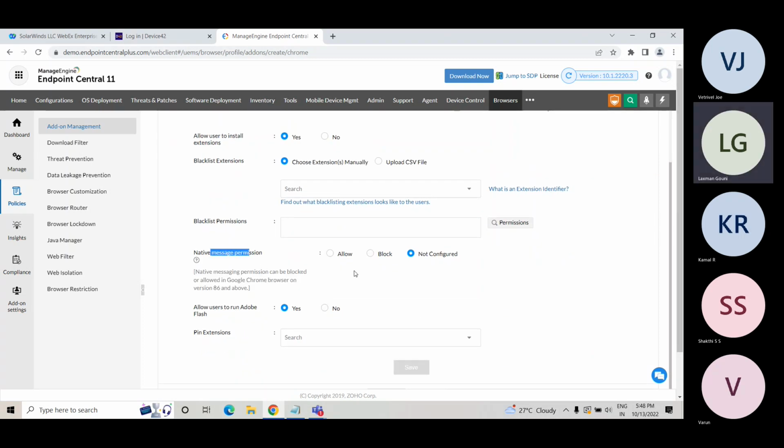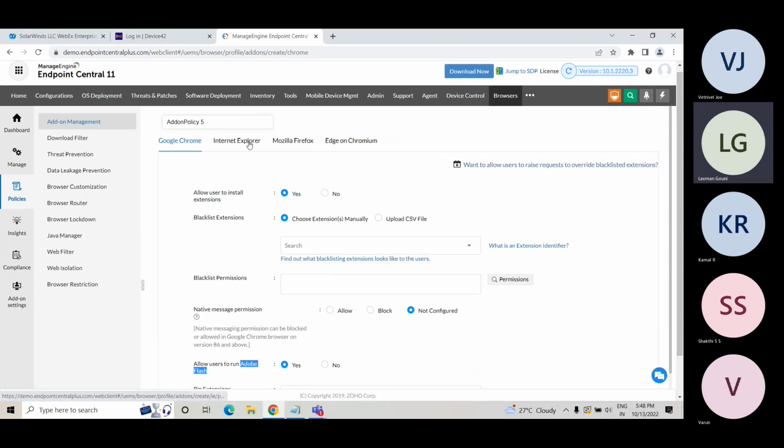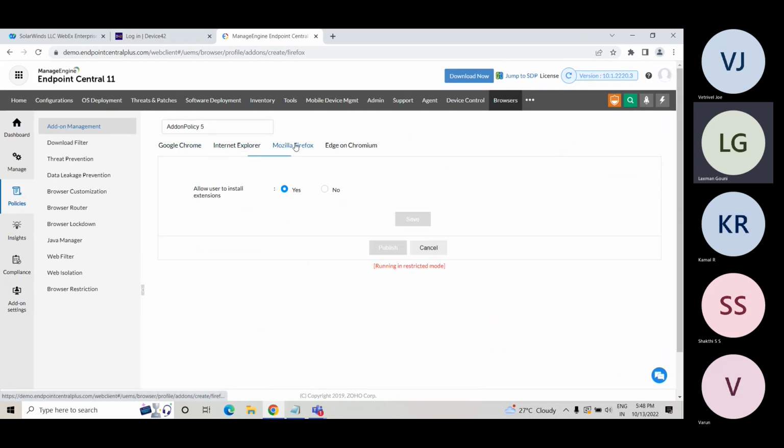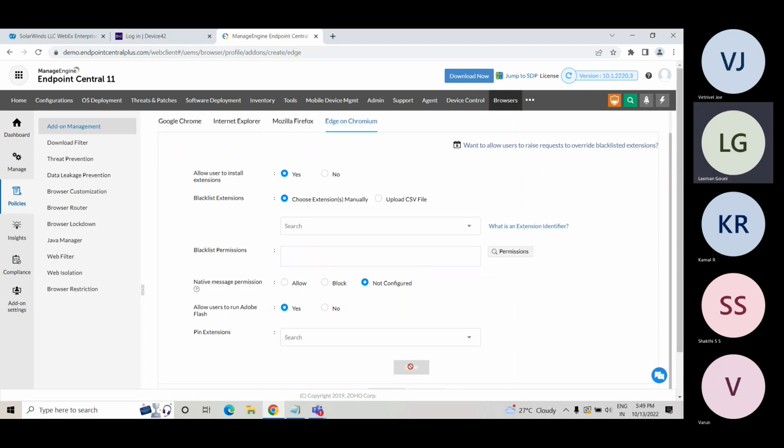Navigate message permission, allow, disallow. Allow users to run Adobe Flash because Adobe Flash is also going to be an entry for your vulnerability. You can put a restriction there. You can save like that. Similarly for IE, similarly for Firefox, similarly for Edge, you can push some restriction and save as a policy,